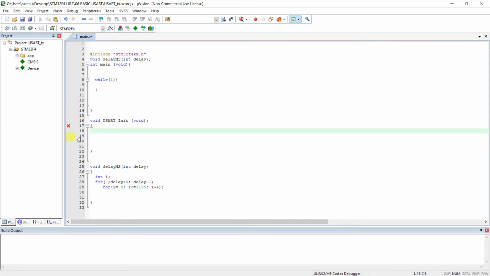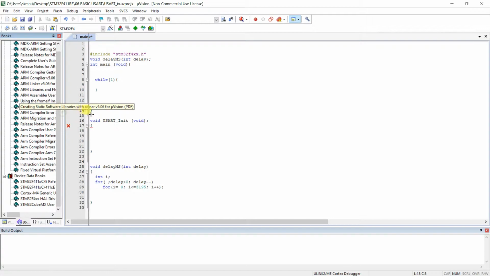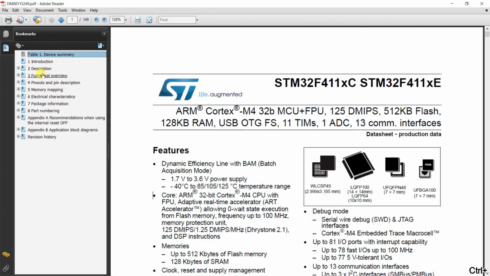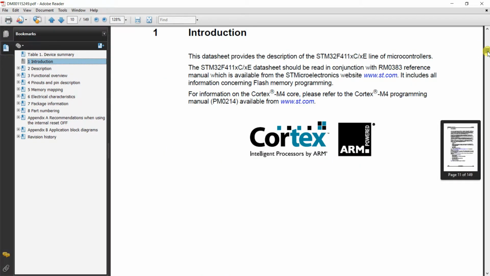Now we will go to the datasheet, and we will go to the block diagram.